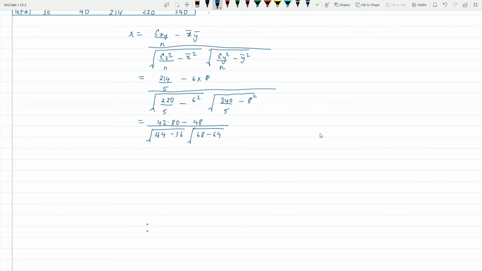It is square here, we have missed on that. In the numerator we have got 42.8 minus 48, that's negative 5.2,